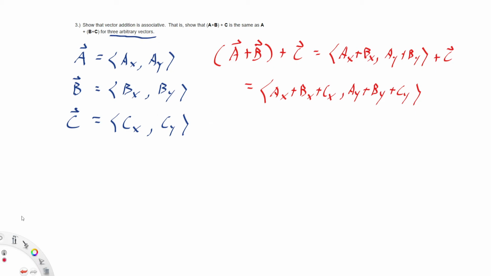If we do the other pair first, then we'll leave A alone for the moment, and B plus C will be the vector BX plus CX, BY plus CY. And then when we add in A, we get